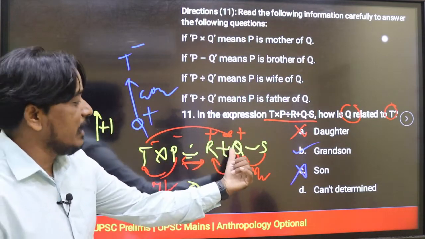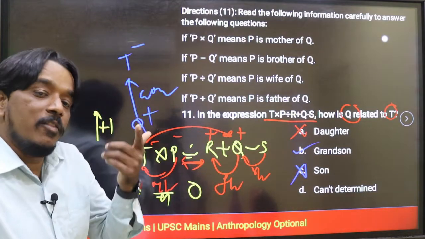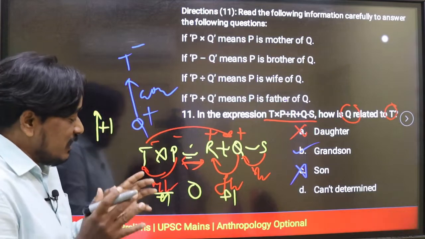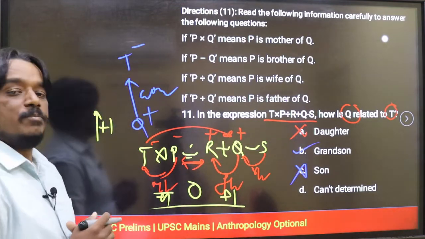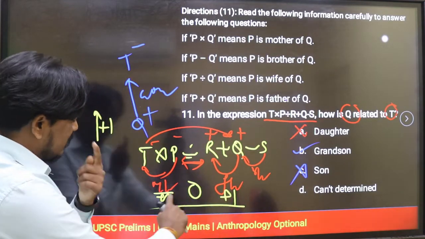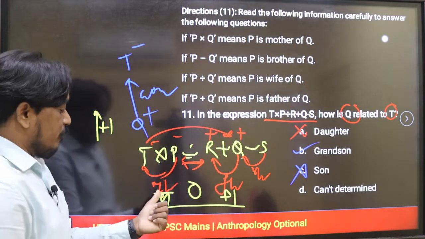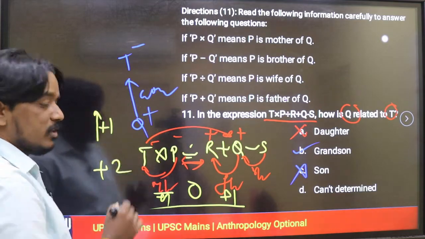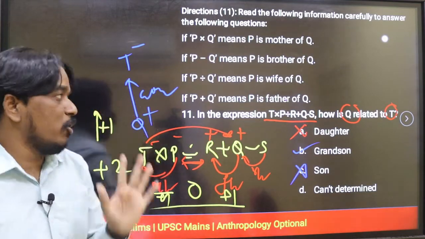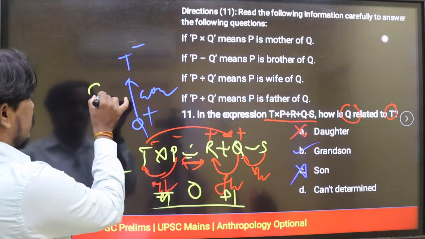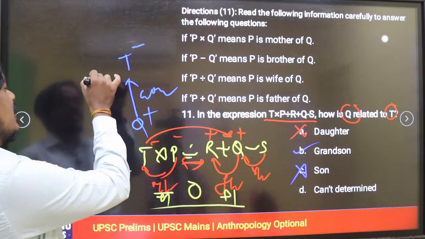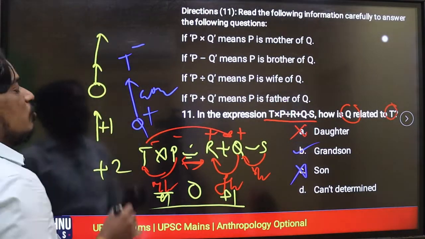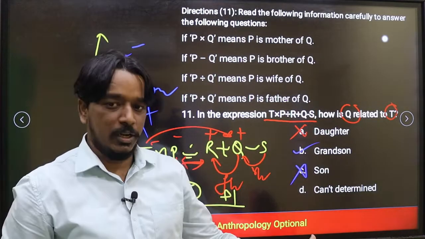And similarly, R to Q, what we have is a father. Father means again plus 1. Now, in the generation technique, we have to take numbers based on generation. After taking all these things, take all the additions: plus 1, 0, plus 1. All the addition, what will we get? Plus 2. According to the basic concepts from the starting session, from the current generation 0, plus 1 is obviously parents, plus 2 means grandparents. So we will get the grandparent answer.